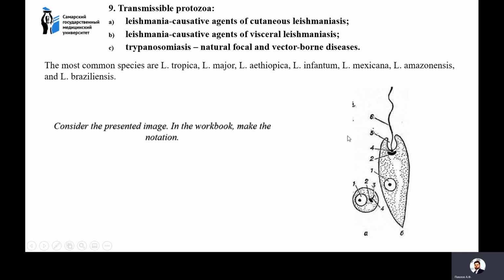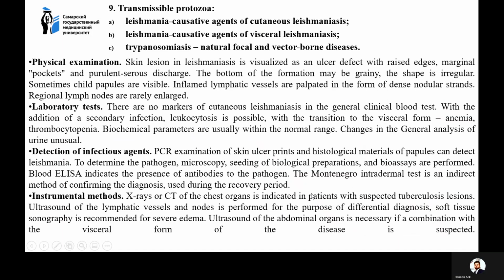Can you see this picture and consider the presented image in the workbook? Make the notation. Diagnosis